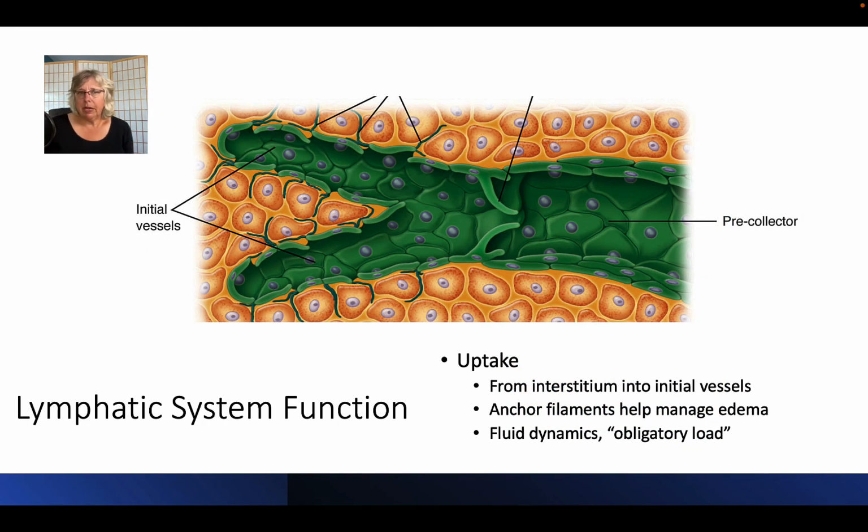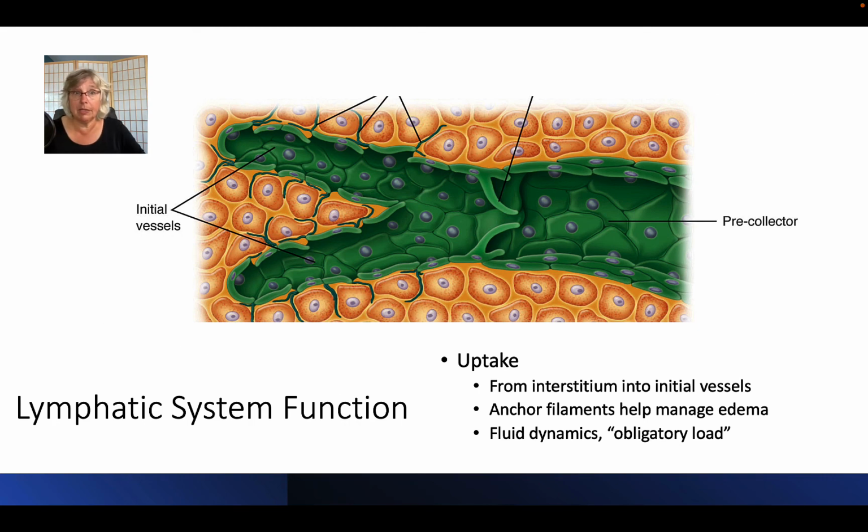When we think about uptake, we are back here looking at our initial vessels. This is the sucking of interstitial fluid into the initial vessels, where it changes its name from interstitial fluid into lymph. We've talked about the anchor filaments and how they help us to manage edema. A lot of this relies on fluid dynamics and a concept called obligatory load. That has to do with how much leftover interstitial fluid there is that the lymphatics have to pick up. They are obliged to pick up and suck in